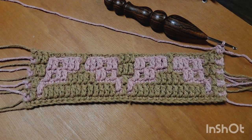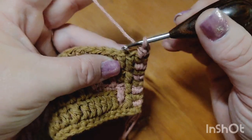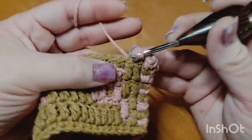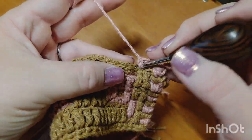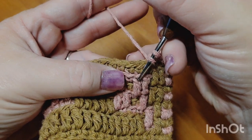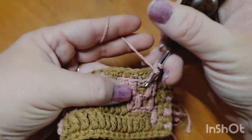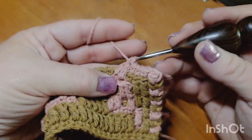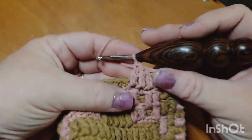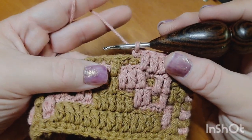Row 10 begins now, and we are working in color B. Our repeat for row number 10 begins with 3 single crochets, then 3 double crochets, 1 single crochet, 1 double crochet,